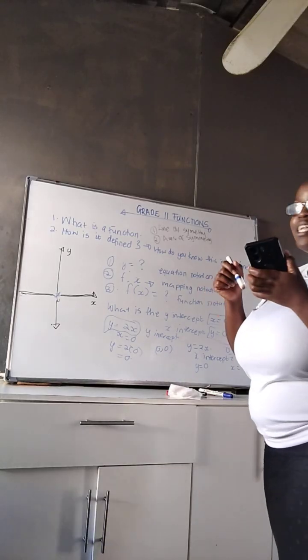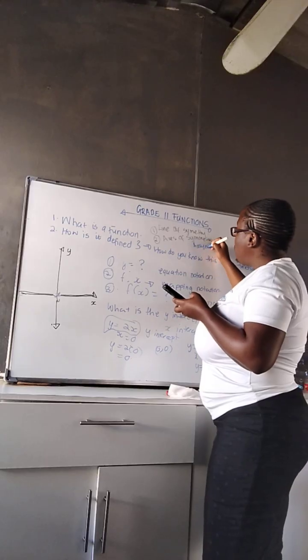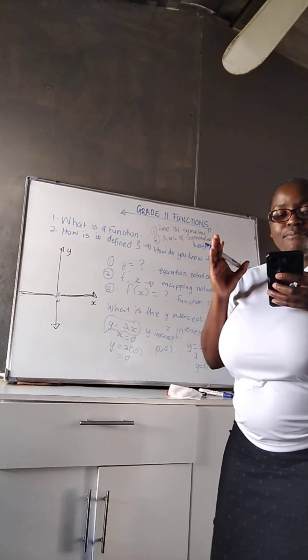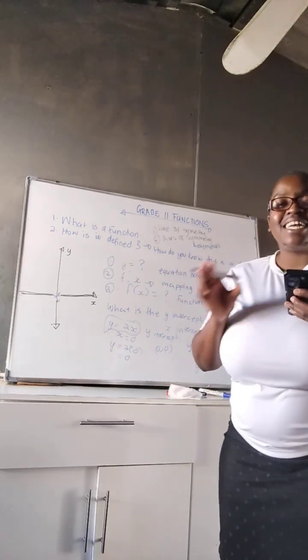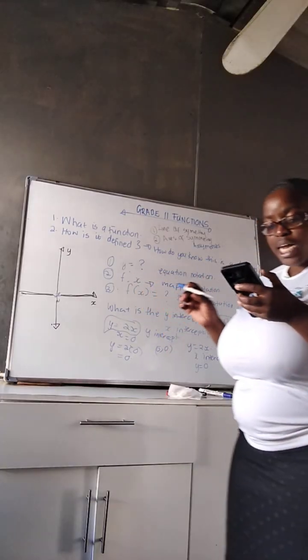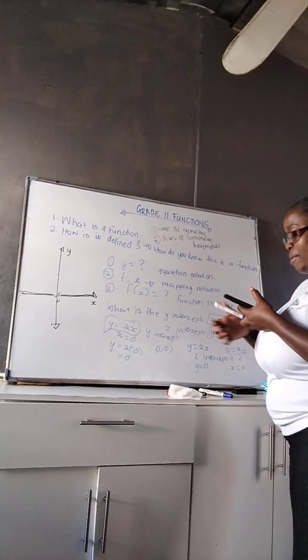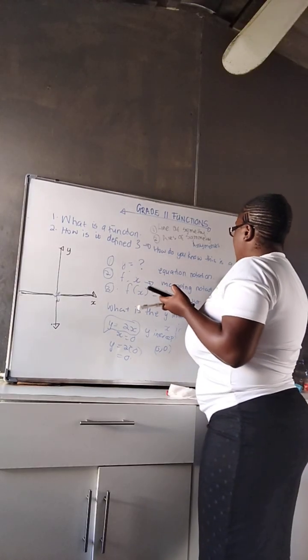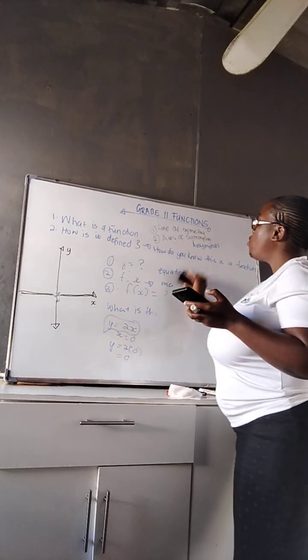Number three, you also need to know the asymptotes. What is an asymptote? Asymptotes are imaginary lines that the graph approaches, but it never touches, or it never cuts that part. Okay, so what are we talking about? If something is an asymptote, have you ever seen what do you call that,